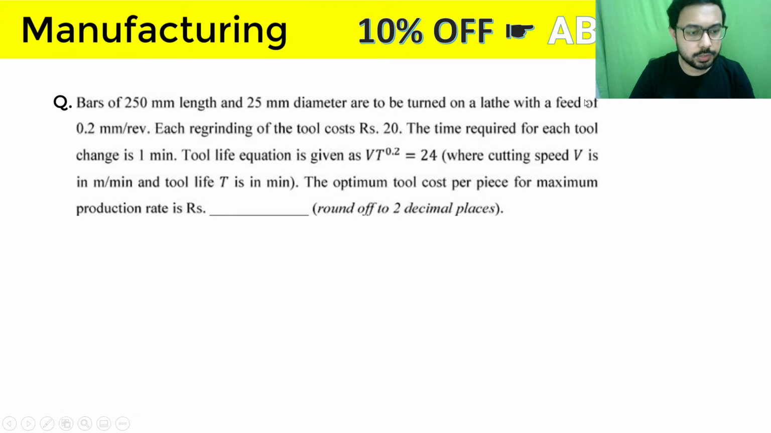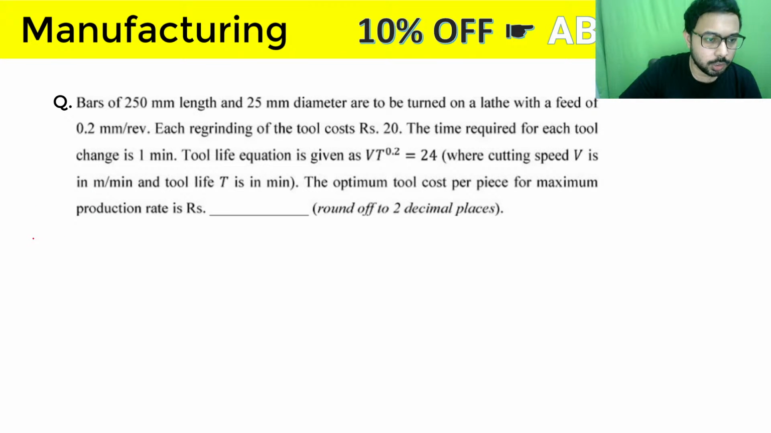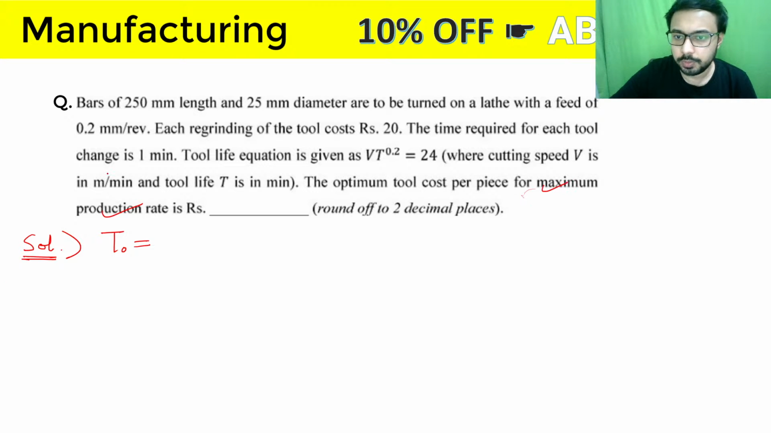So we were discussing this question in which we needed to calculate the optimum tool cost per piece. First of all, according to the data given, we need to calculate the optimum tool life for maximum production. So for maximum production, the optimum tool life is